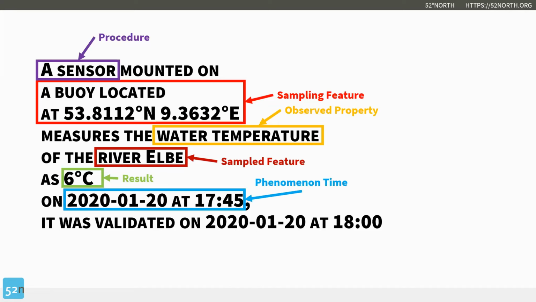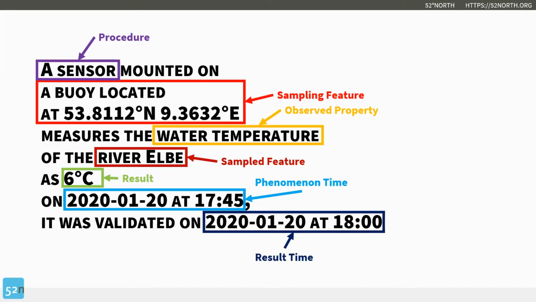The next thing is to which point in time this measurement applies. So here we get the information: the temperature at 17:45 on the 20th of January this year was 6 degrees Celsius. So the timestamp refers to the point in time when this value applies. And finally,